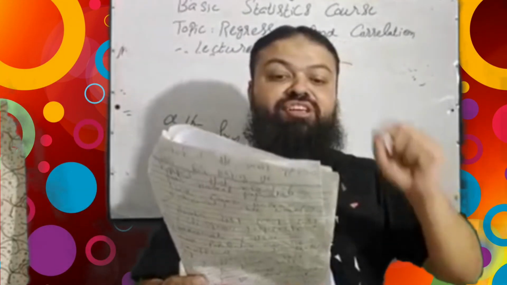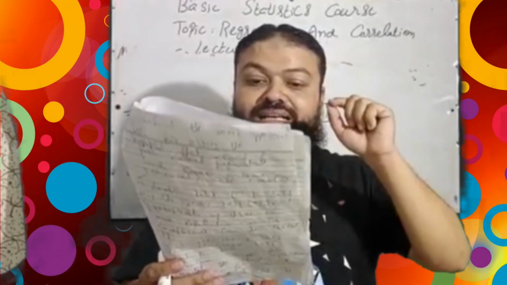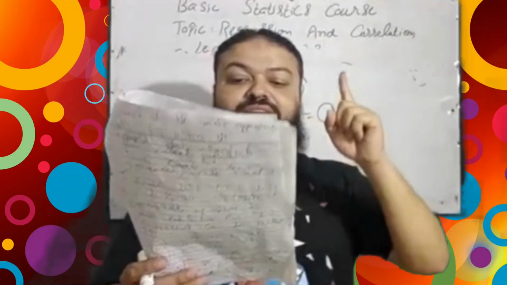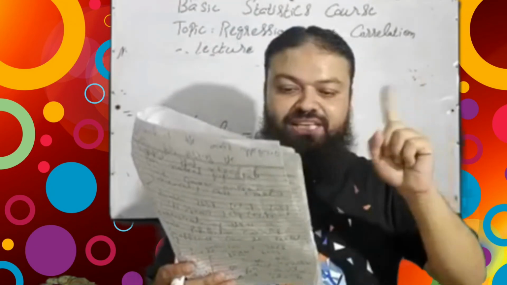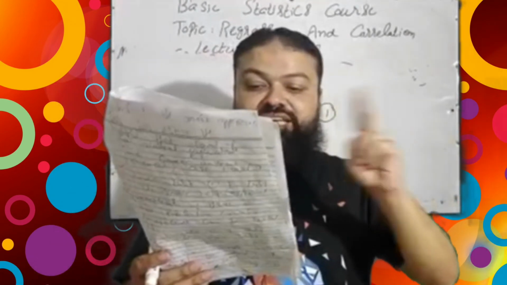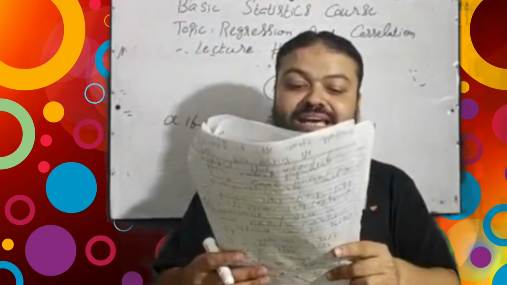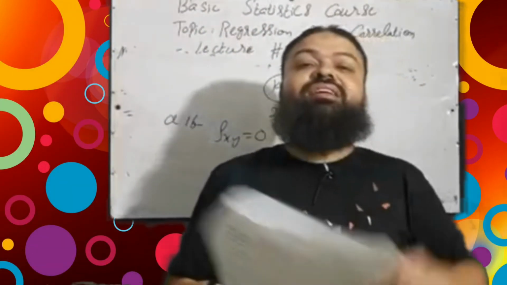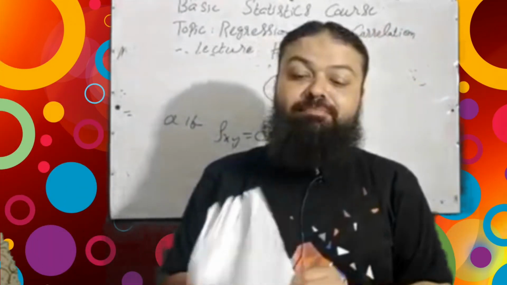Question number 17. If rho is equal to 1, the relation between two variables x and y is a y is proportional to x, incorrect, b y is inversely proportional to x, incorrect, c y is equal to x. Yes, when all the values of y are equal to all the values of x, it means rho is equal to 1. There is perfect positive correlation between x and y, a very important one.